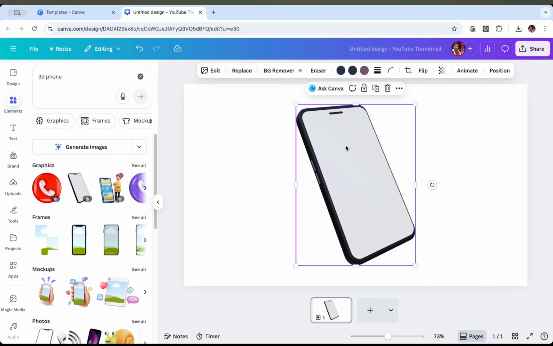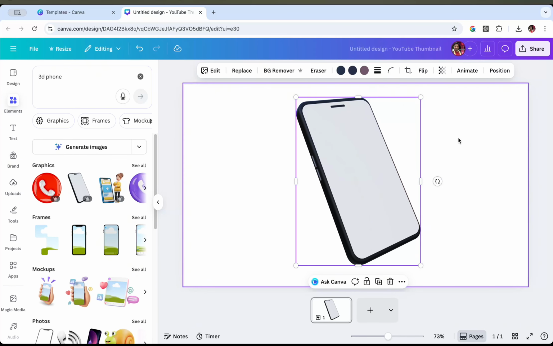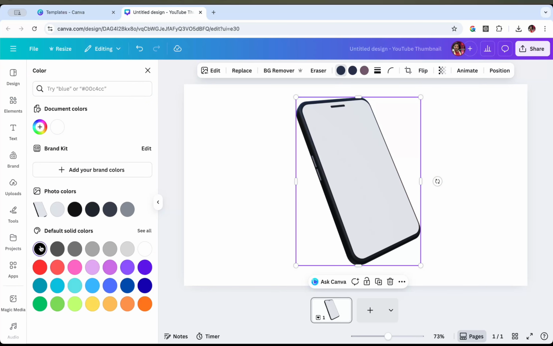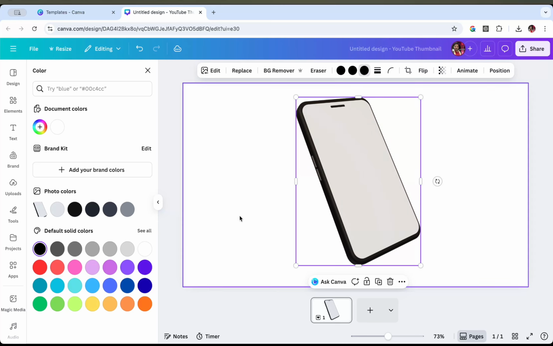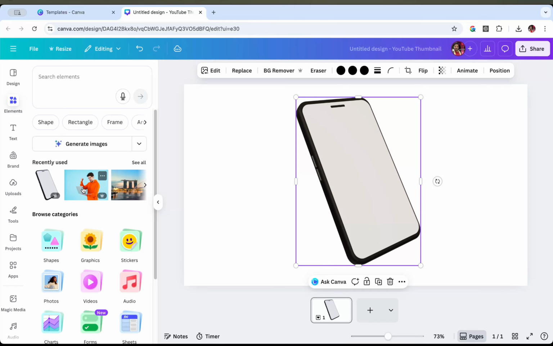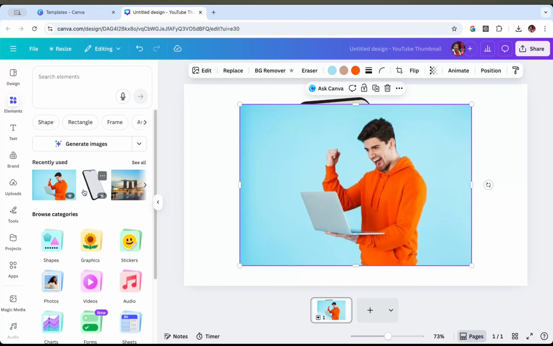select this phone, make it a little bit bigger and change the colors to black, all the colors, and go to elements and select this image,